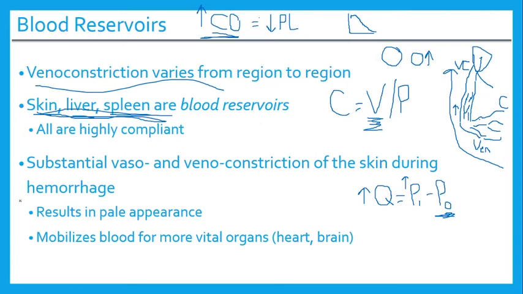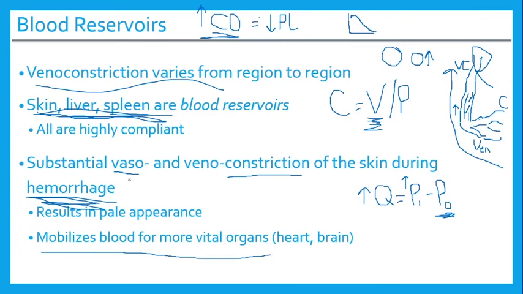And so basically with this hemorrhage, in order to stop a bunch of negative things from happening, first you are going to vasoconstrict to that area of blood loss, right? You're going to try to slow down the flow of blood to that area. And then you're going to venoconstrict. By doing that, basically what you're doing is helping to redistribute that blood to more vital